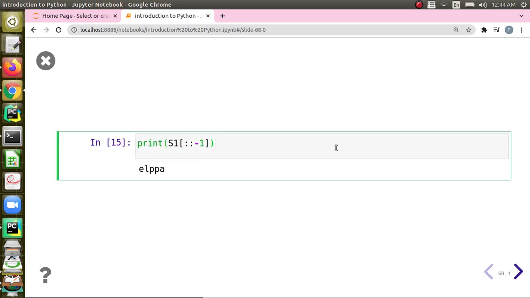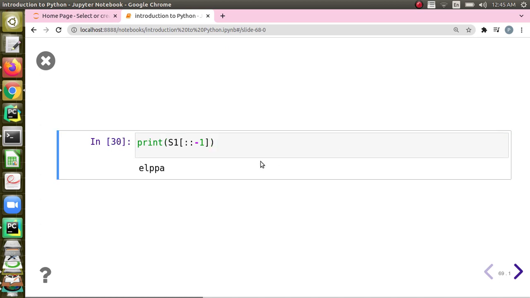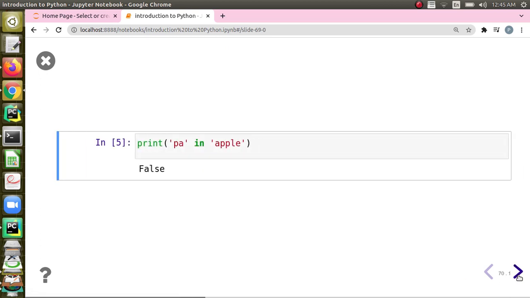And the start and the end is also optional. Start index and the stop index is also very optional. If you don't give it, it will consider from the start to the stop. And it is also possible to give negative steps. When you give negative steps, it will go in the reverse direction. If you want to give negative steps, then your start index should be greater than the stop index. Then only it can happen, obviously. And this is the easier way to reverse a string. You just give ::-1, you will see that the string is getting reversed.